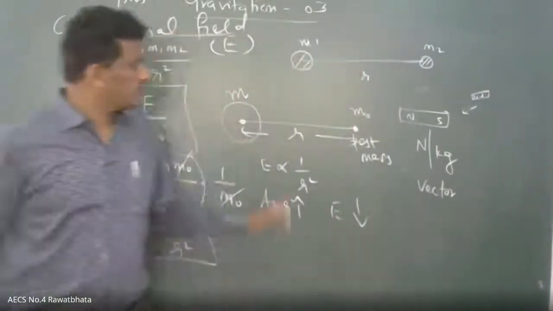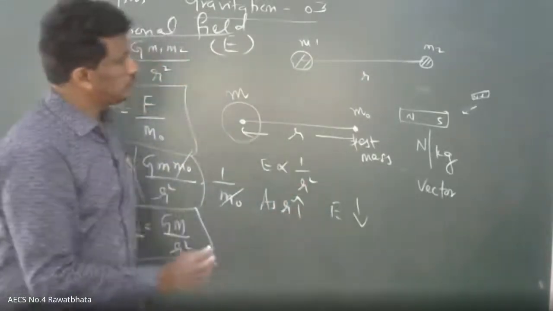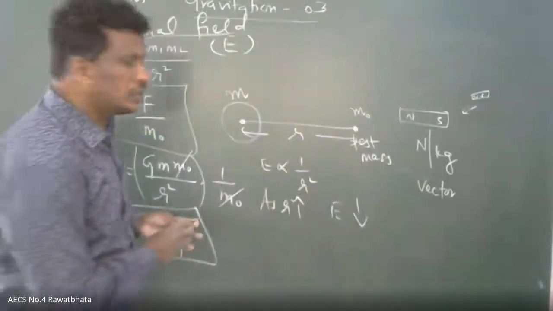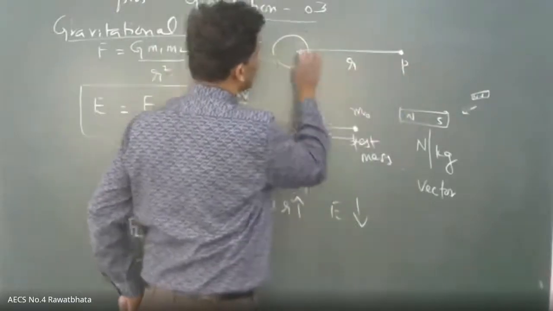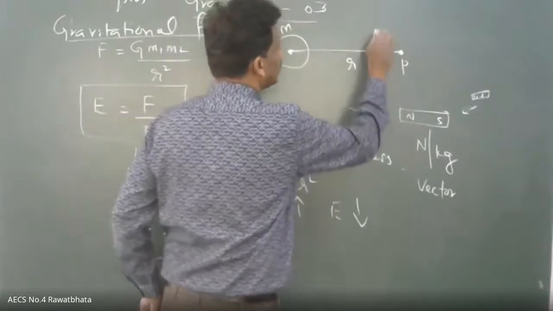What is the direction of gravitational field? Suppose this is the mass, and you want the field at this point P at distance r. Then what is the direction? Towards